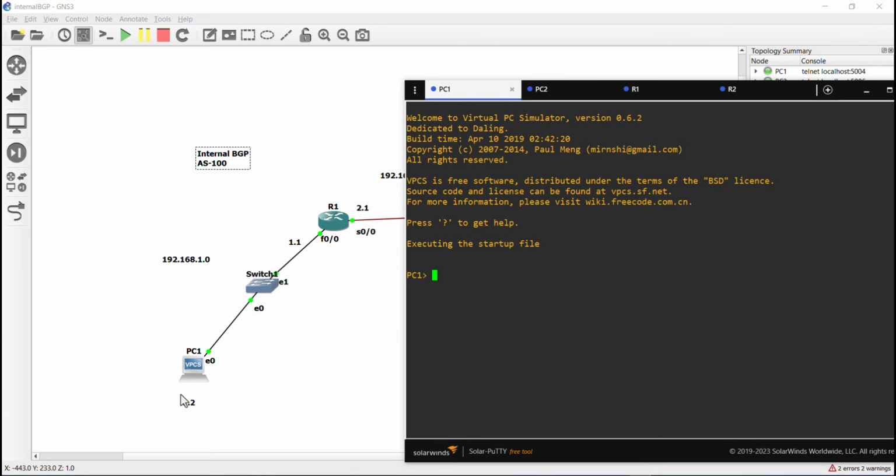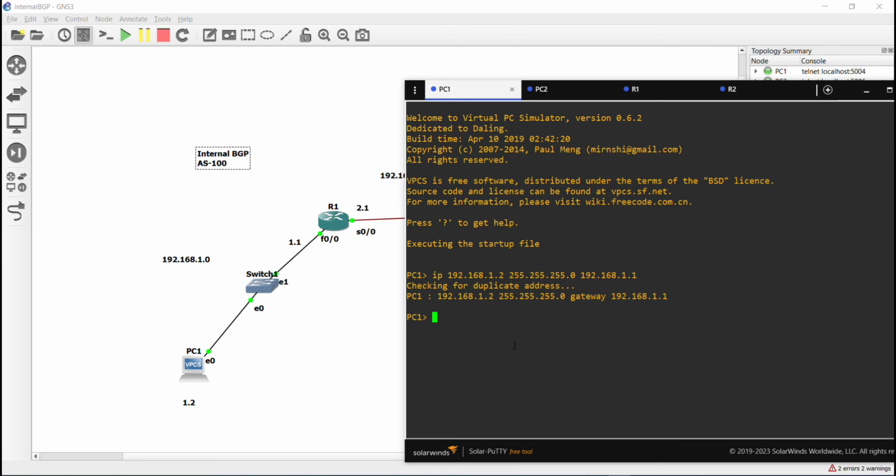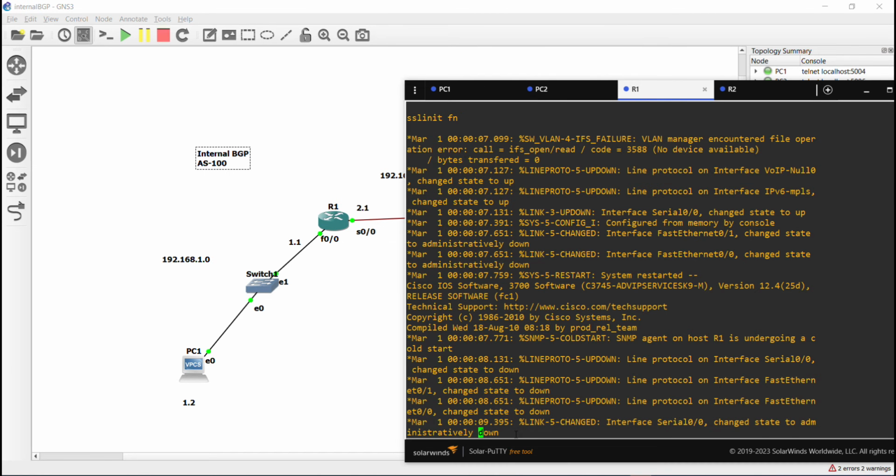Assign IP addresses to the PCs. Configure all the interfaces of the router.